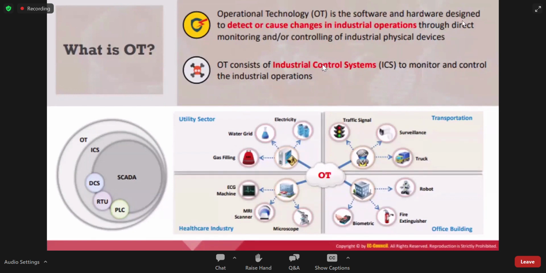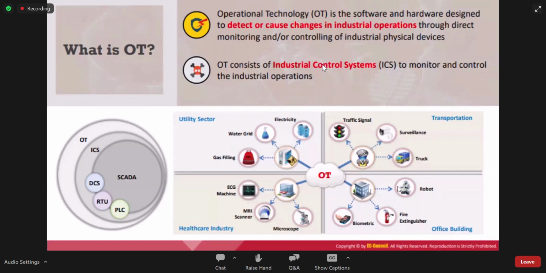OT consists of industrial control systems, or ICS, to monitor and control industrial operations. It can include things like sensors, which manage or transform the data to process at the endpoint. It is a minor difference: IoT is different and OT is different.